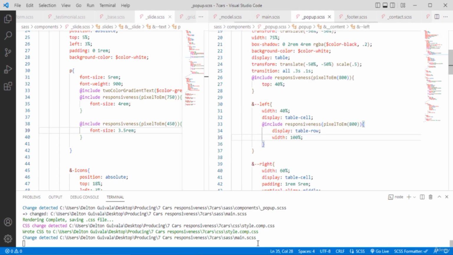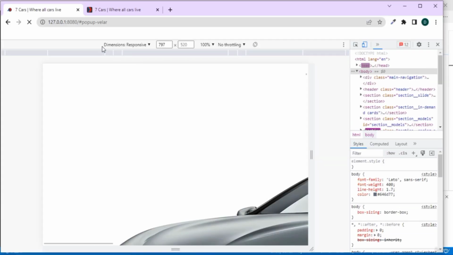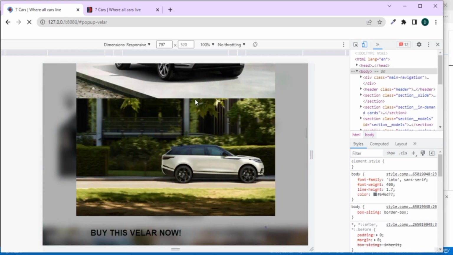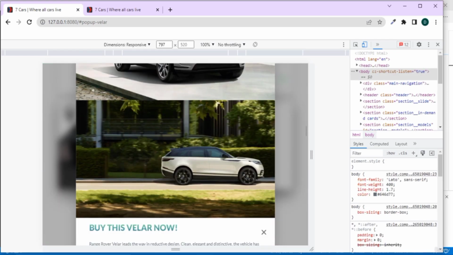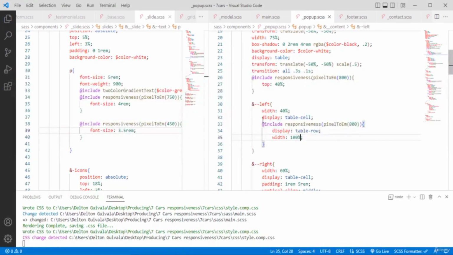Let's save it and see what this is going to give us. Still loading. Okay, let's put the right side also to have a display as a table row, width of 100%